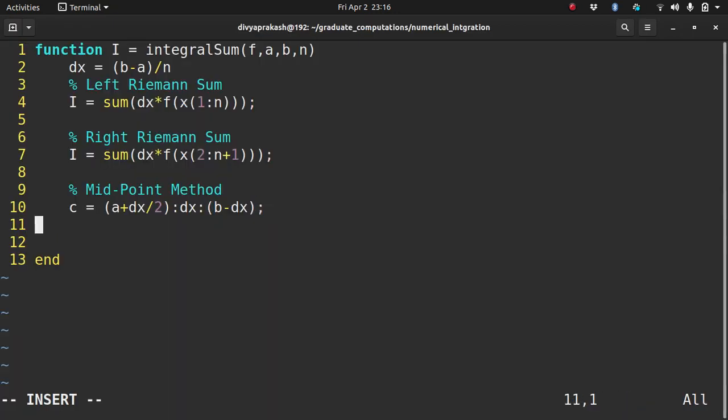If it does, then let's calculate the value at all these points. Dx times f of c, because c has all the values of the midpoints. It's an array and I can calculate it here. So this is a bit different way of specifying it than I did in the previous two methods, but anyway this should work. One more thing I should have mentioned, because I'm implementing 3 types of integration here,